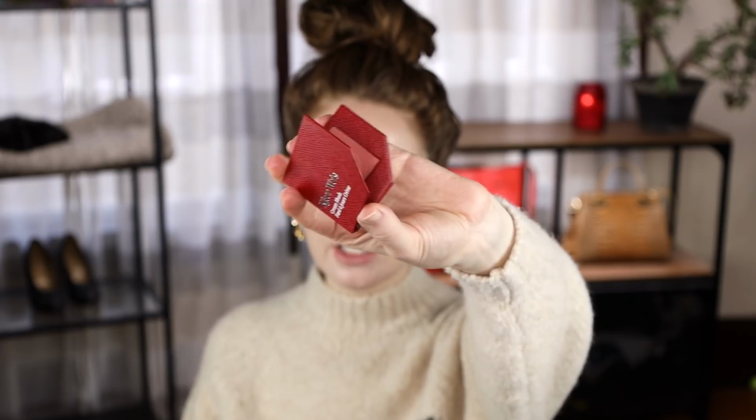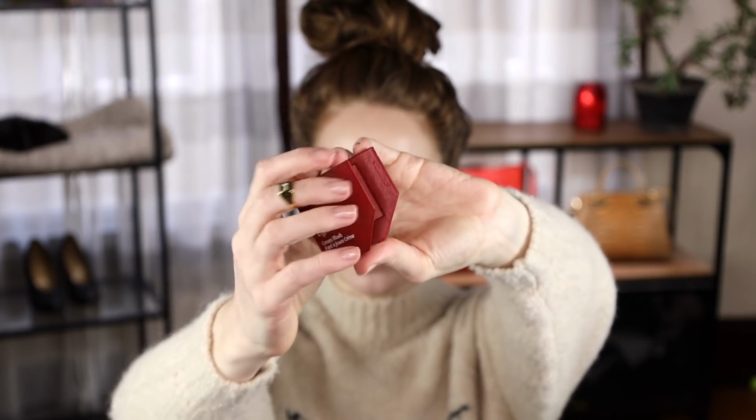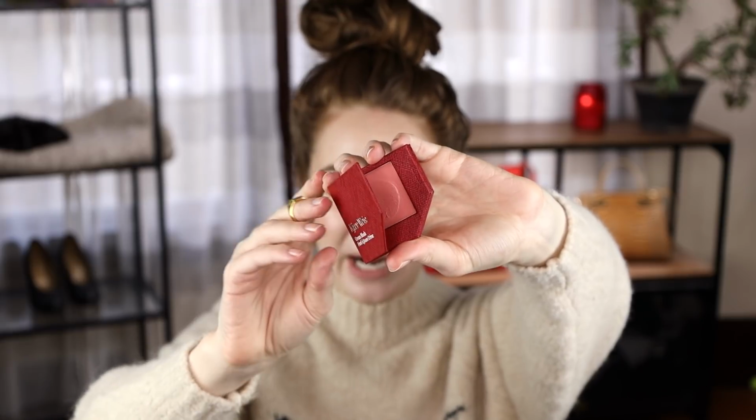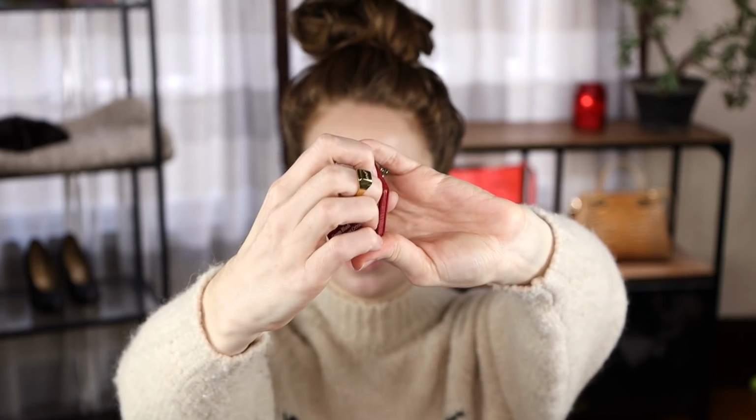This cardboard packaging is much lighter weight. It has a lot going for it. It is much less expensive. I think it's like $4 or $5 or something. And then when you buy it, what you're paying for is the blush inside, right? I think it's just the price of the blush with maybe a couple of dollars added on